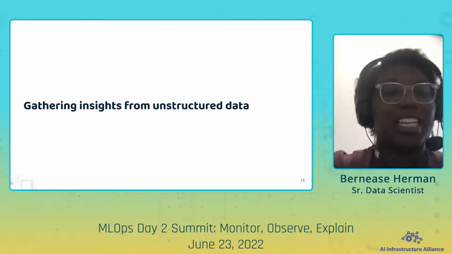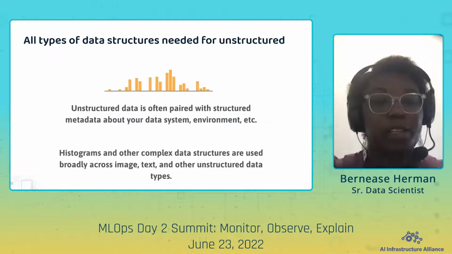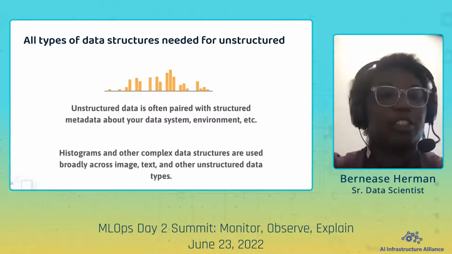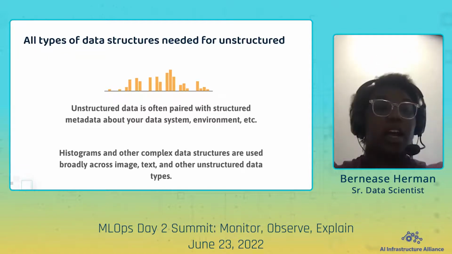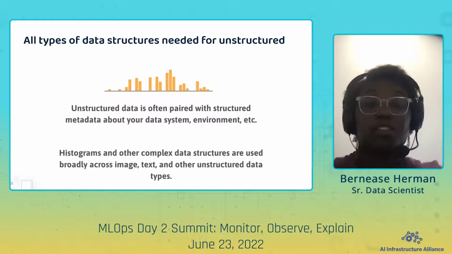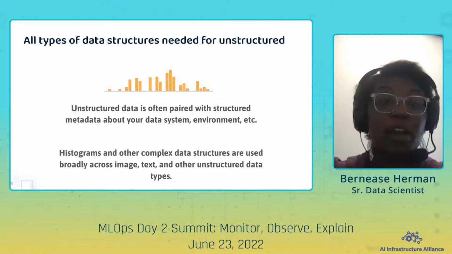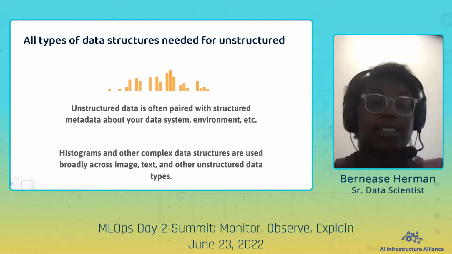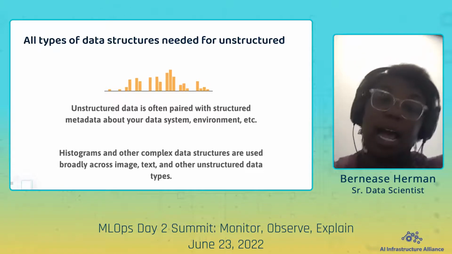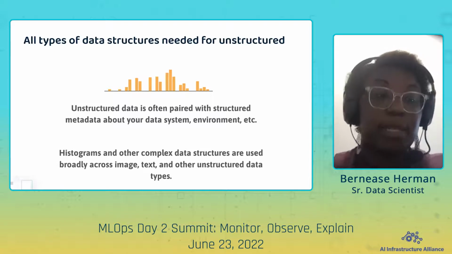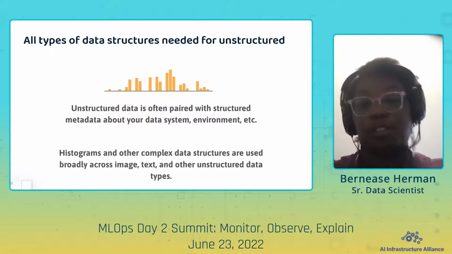Okay, so now let's get to unstructured data, the really juicy part. So the question is what kind of data structures and metrics are we going to collect for unstructured data? And for unstructured data, the first thing to note is that it is rarely just this raw unstructured data. It's often paired with metadata about your data system and environment. So all that we just talked about for structured data is going to apply in lots of these cases because we want to be able to capture that structured data as well as the image or text or other things